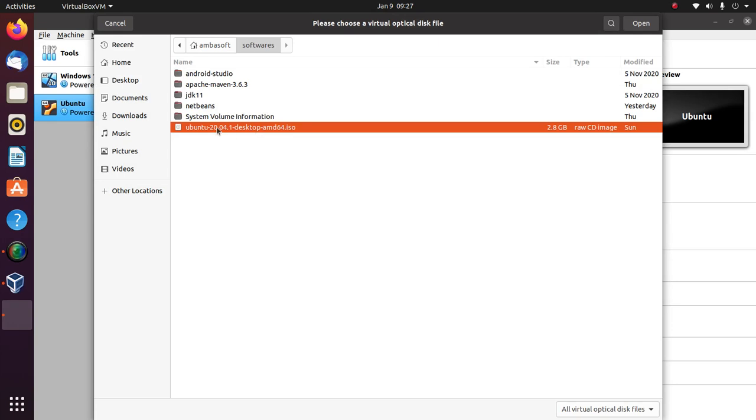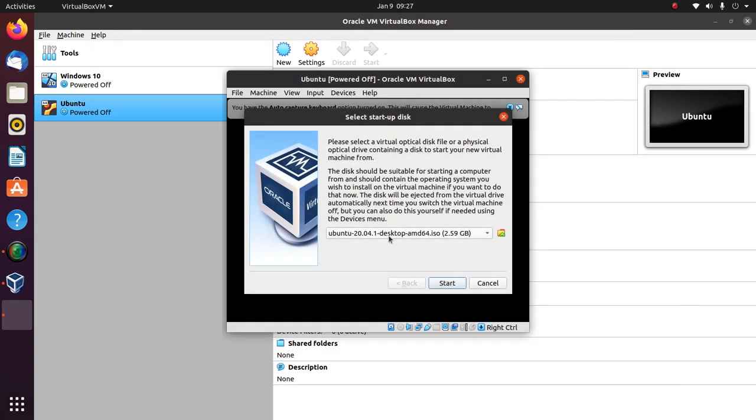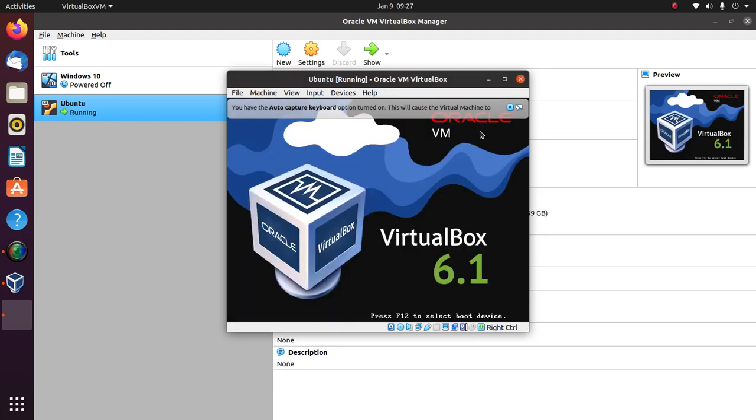So this is the ISO we downloaded earlier, which is the 20.04 ISO. I am selecting that ISO and choosing it. Now my virtual machine is mapped to this ISO. ISO is nothing but an installation image. Start.